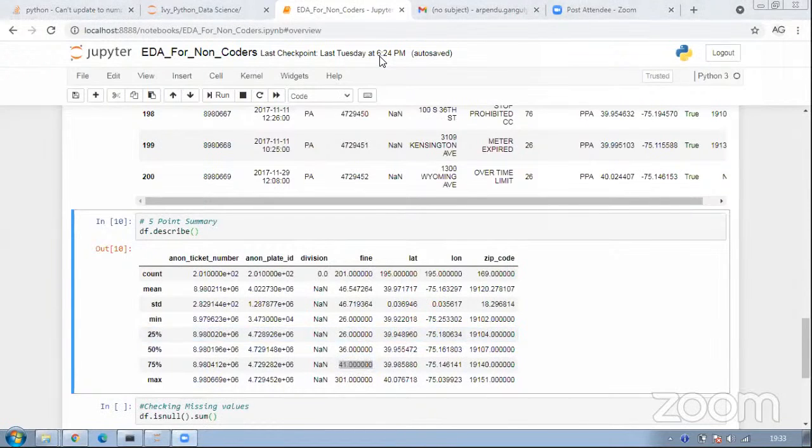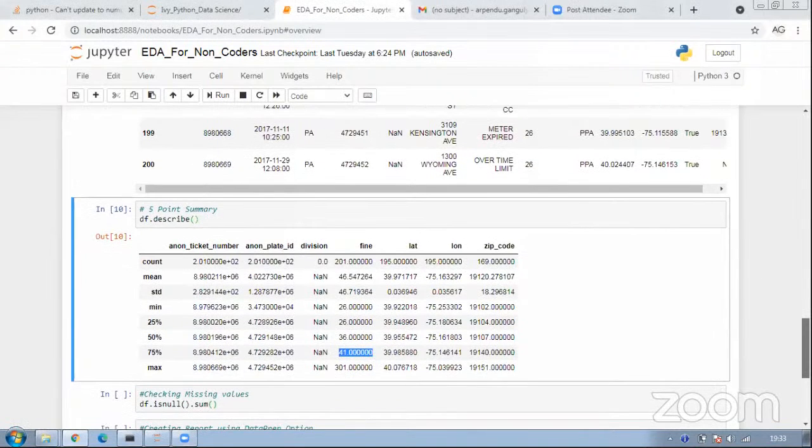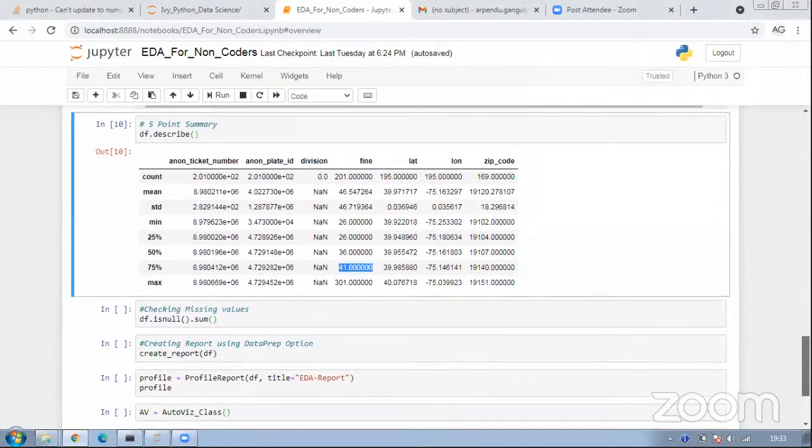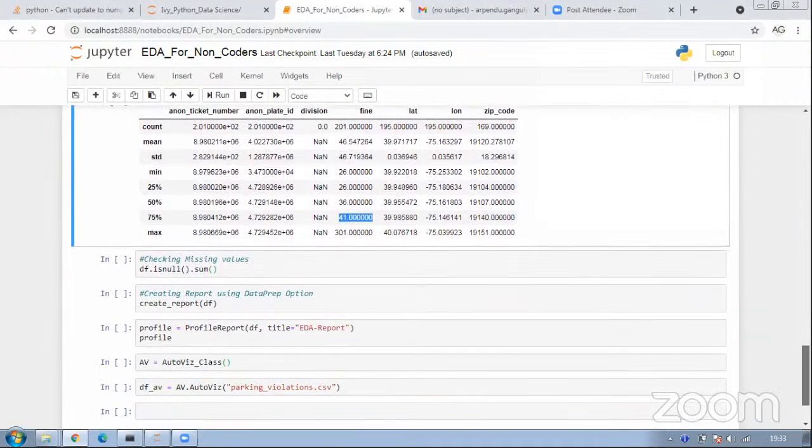Exactly, Tanuka. That's completely right. So we have a lot of outliers which are positioned towards the maximum side, and we will see this when we have the reports. Okay, Nivedita, you want to say something? You have raised your hand. Let me know if you want to ask something. Okay, so that's that.